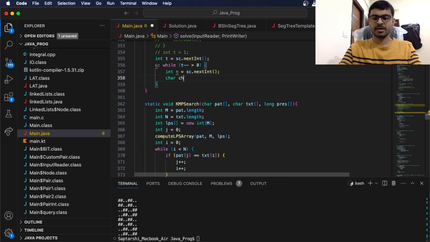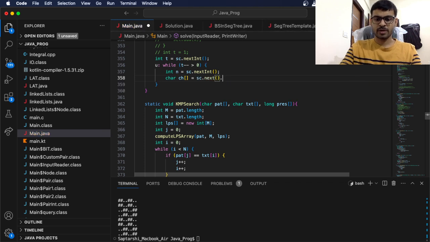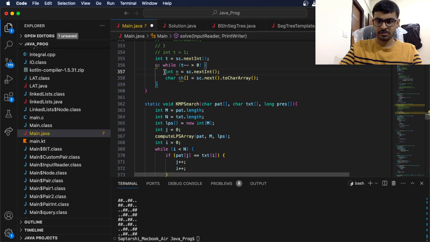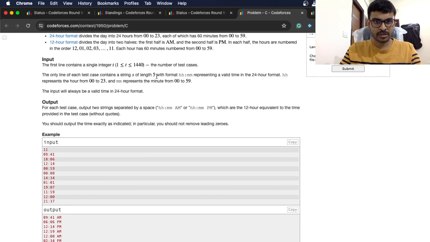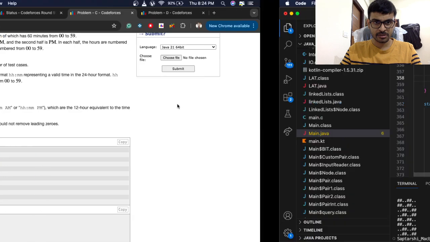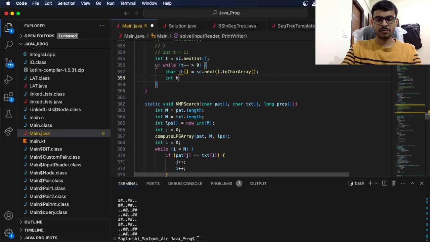So char[] ch equals sc.next().toCharArray(). I'm taking it in the form of a character array, so the entire thing will come. It will be of length 5, which is a good thing for me. So I'll say the hour basically is